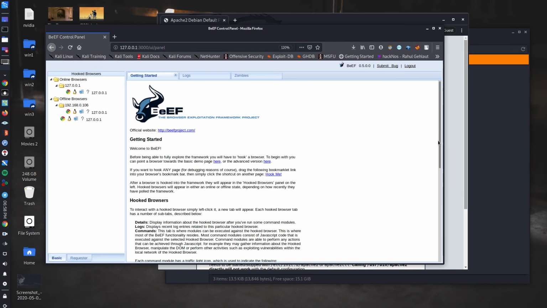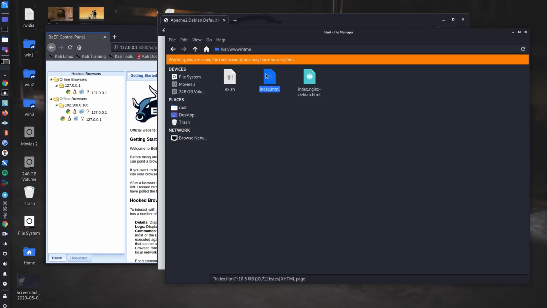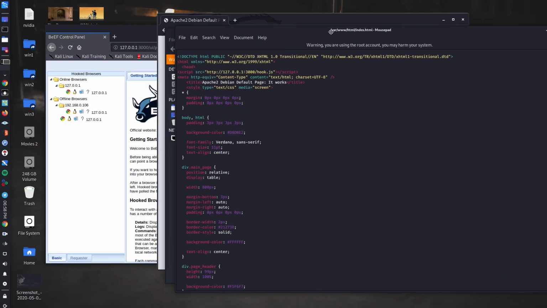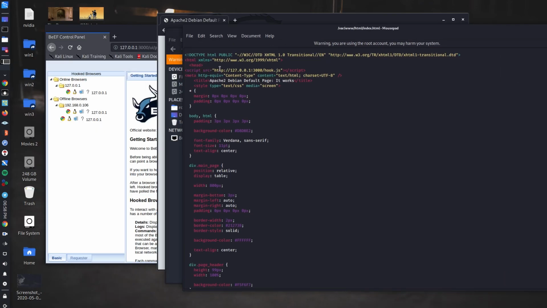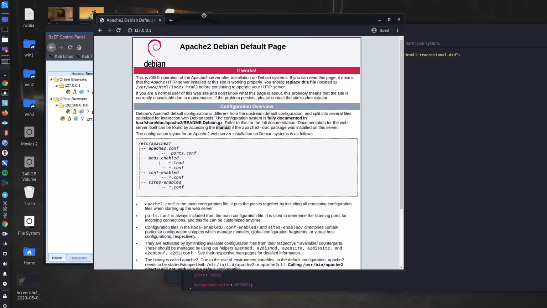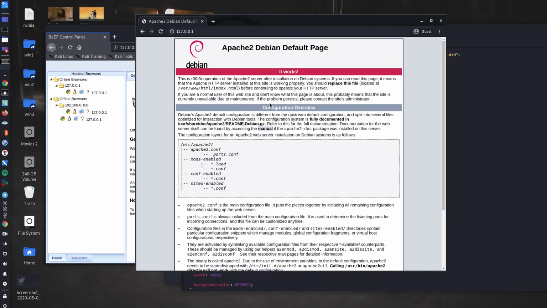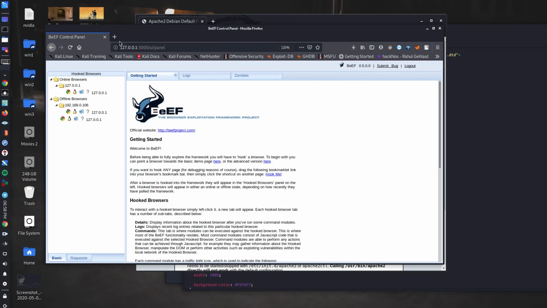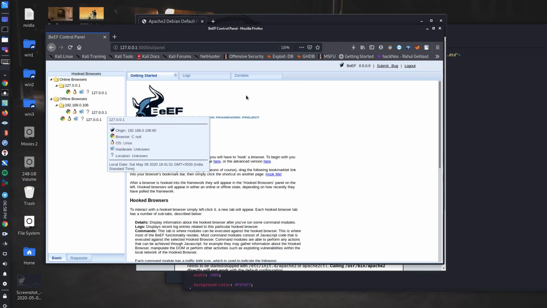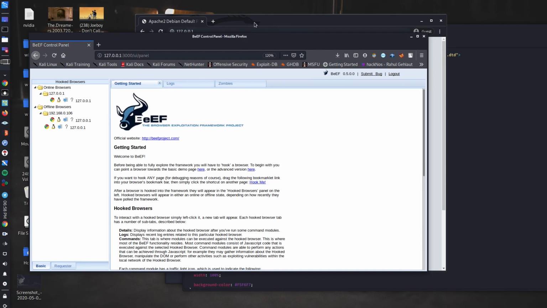You can see that I have already inserted this script here. It was not here in the actual page. So I inserted this malicious script inside the web page, and I have opened the web page, and BEEF is detecting the browser and everything.